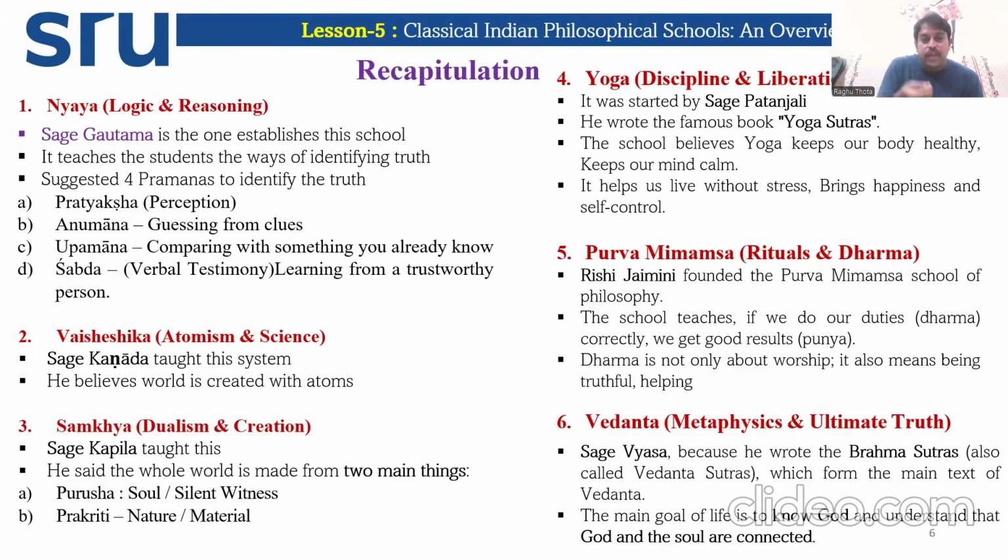So in the process of identifying the truth, you have to look for clues. The clues which will help us to identify the truth behind it. That is called Anumāna, which is another pramāṇa. And the third pramāṇa is Upamāna, comparing with something which you already know. For example,